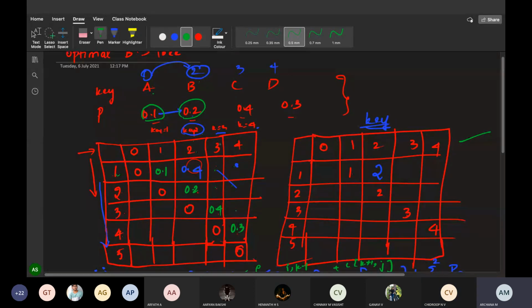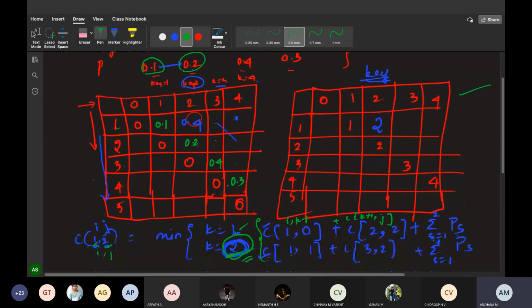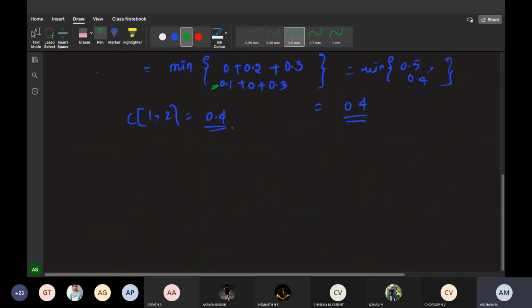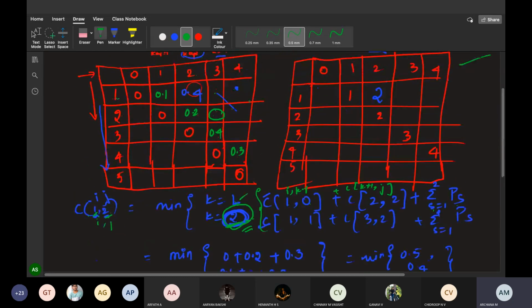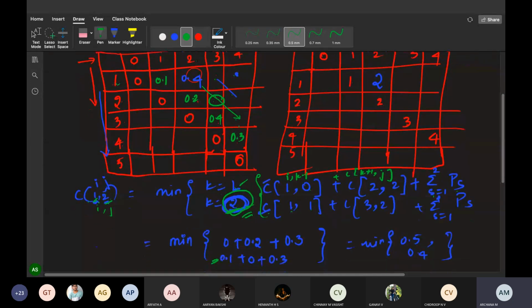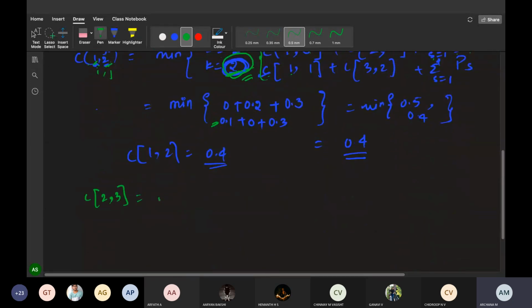Okay, now the same thing we have to write down for this one also. Now in this diagonal we have to find out everything, then we go to the next one. Now in this diagonal, what is C of 2 comma 3? Look here, this one, C of 2 comma 3. I have to find out C of 2 comma 3. Since these are in the same diagonal, there will be 2 k values. So C of 2 comma 3 is equal to minimum of